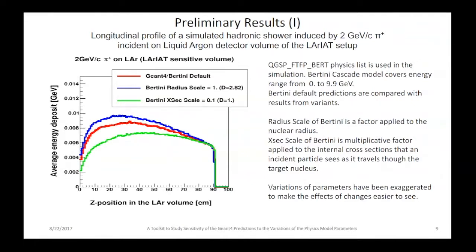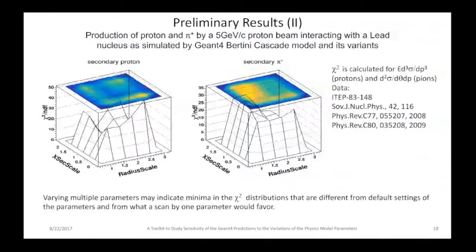So in this case is basically Bertini cascade below 10 GeV. The relevant parameters are the Bertini radius scale and the cross-section scale, which actually vary quite largely here. Just to illustrate, this is the default, and this is the maximum variation from changing the scale from the default values. So this is one example, and the next example is